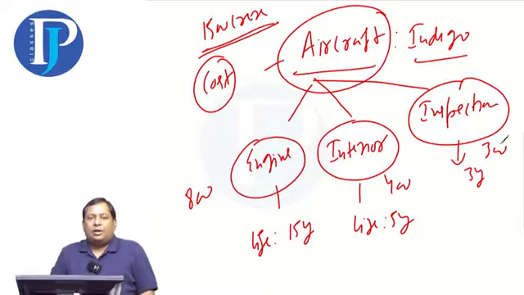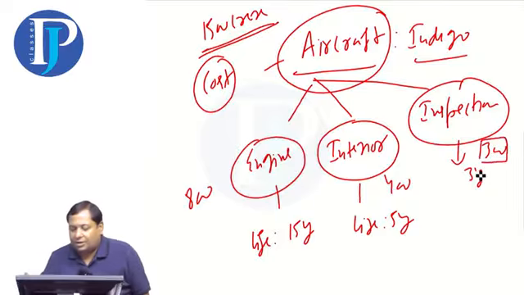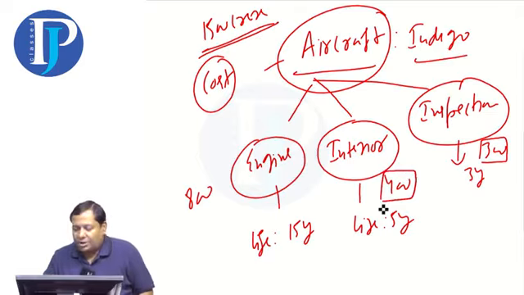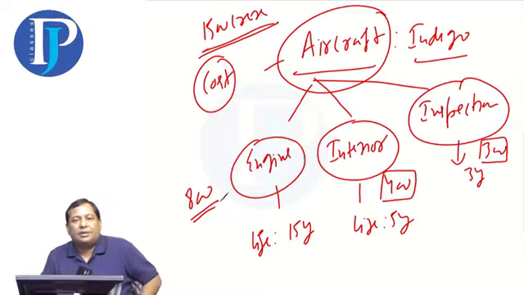And you will have to get the inspection done every 3 years. So you will have to spend 300 crores every 3 years. And you will also have to spend 400 crores after every 5 years. And in 15 years, your engine will be finished. So we'll move the aircraft to the side.